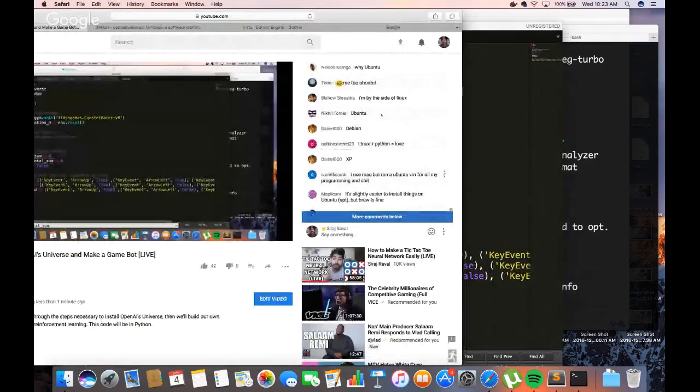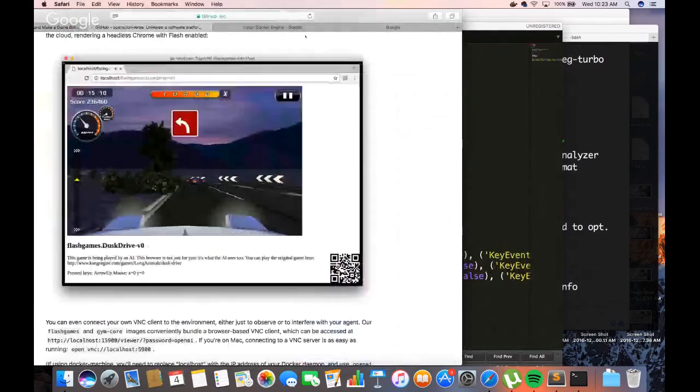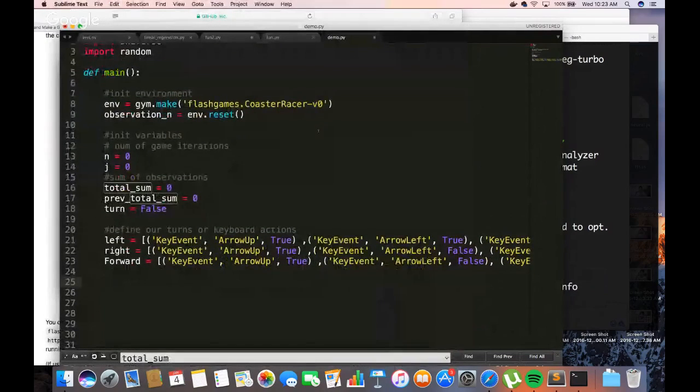Okay, let me see what everybody's saying up here. Cool. Okay, so how do we interact with the pixels characters of the game? Great question. So the pixel data is returned via the observation variable when you run the environment's step method, which we're going to talk about in a second. But right now, let's go ahead and run